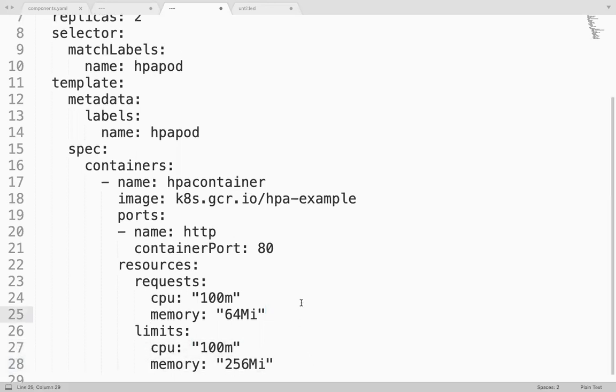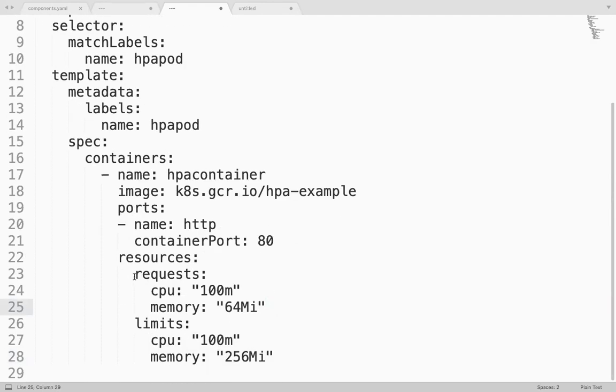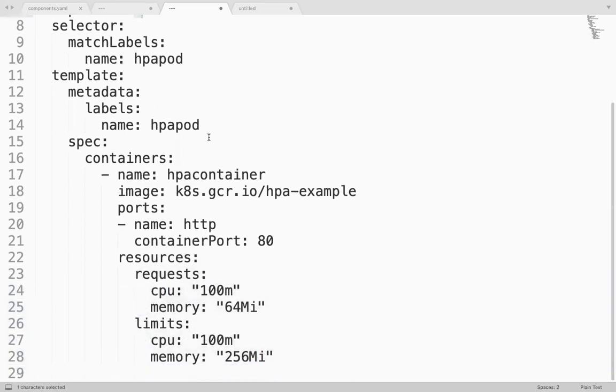Forget about HPA. Without HPA also, this is just a deployment. I'm not talking about HPA for now. Suppose I deploy something like this, I have 2 pods, and if there is a lot of load on this application, a lot of people are accessing this application, your CPU and memory utilization will go high.